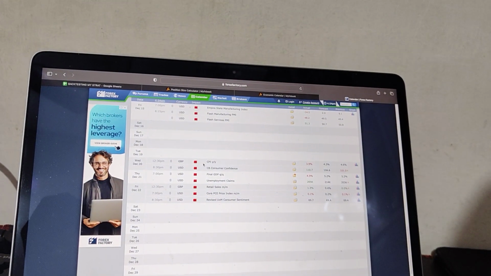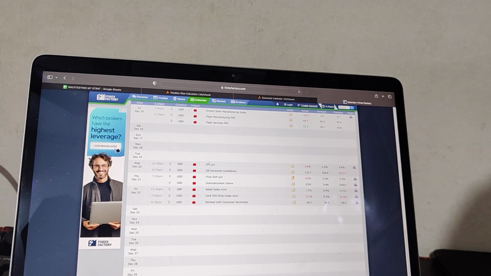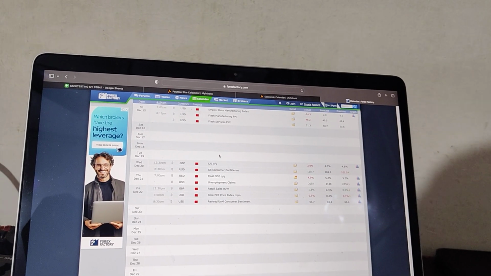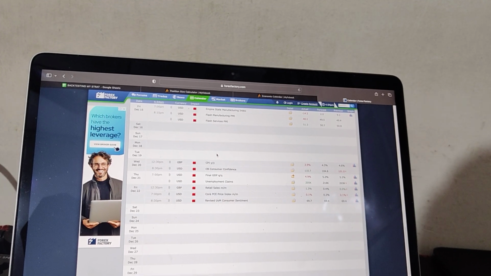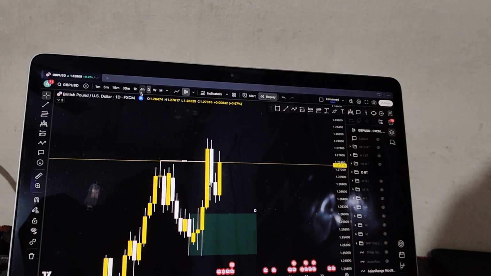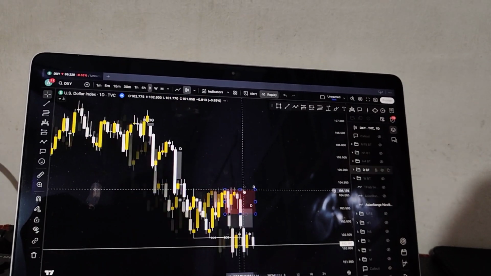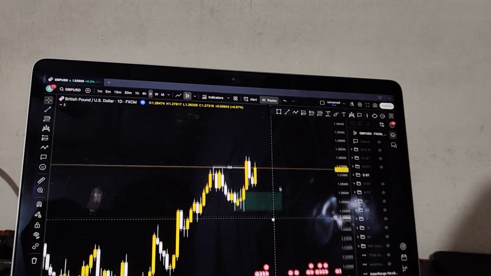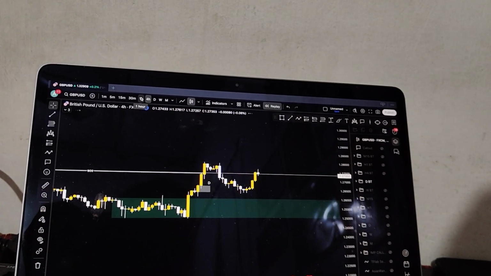Now we can go on, but on Wednesday, the main problem was GBP CPI news. So we don't trade CPI, as you guys know. As you guys know by now, I don't trade CPIs. I don't like to trade CPIs because of high market manipulation. And also if I compare it to DXY, it was bearish. So if I was looking for something, it would be sells and buys on GBP USD.